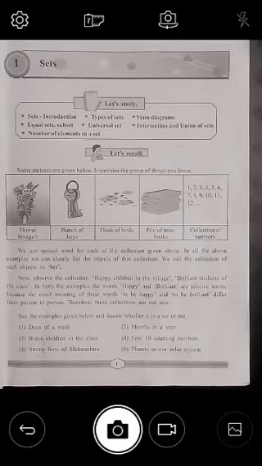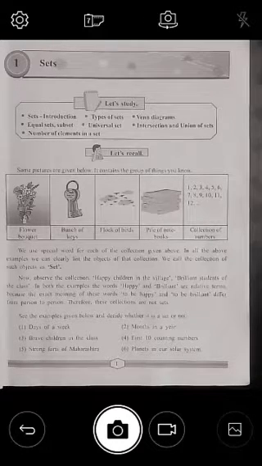Now we have heard about a group of objects or a group of things. For example, a bouquet of flowers, a bunch of keys, a flock of birds, a pile of books, or a collection of numbers. All these are sets because they are a collection of objects. So a set is known as a collection of objects.